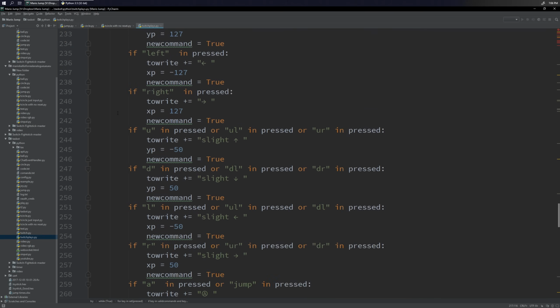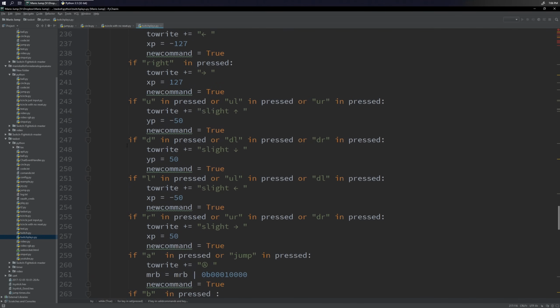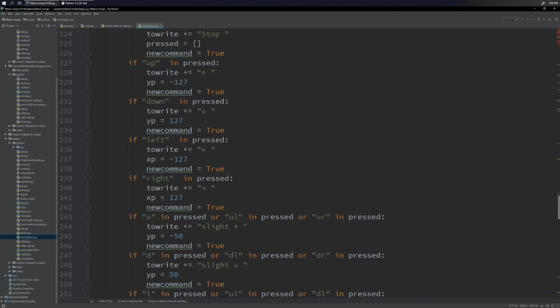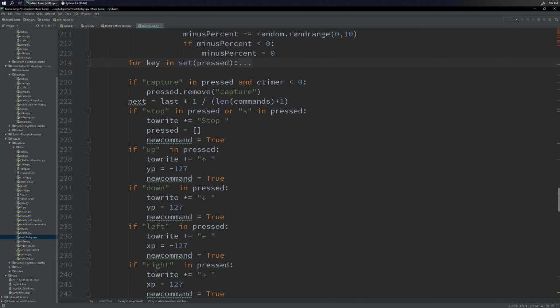Anyway, then we have a bunch of if statements. These if statements are pretty much going to be all identical. Like, they're going to be all slightly different. So I don't even know if these are worth breaking out into a method, because they're all slightly different. Maybe some of them, even then, they're different variables. They're doing a bunch of things. Okay, this is definitely dumb, though. The fact that they all have new command at the end. Mm-hmm. I think new command might be the flag to say, hey, I've actually accomplished something, print something to the screen. Because otherwise we'll just throw out. Anyway, right, so stop.